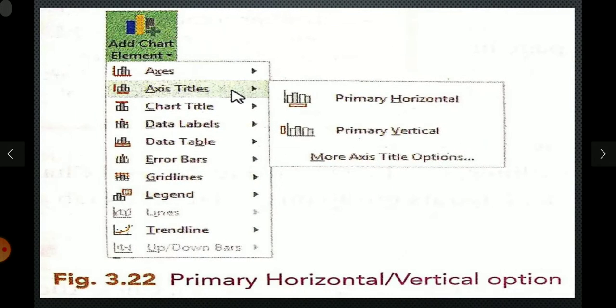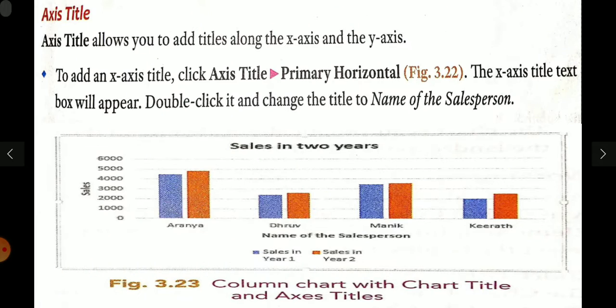It shows two options, primary horizontal and primary vertical. To add a horizontal axis title, we select primary horizontal, and the x-axis title text box will appear. Double click it and change the title to the name of a salesperson.